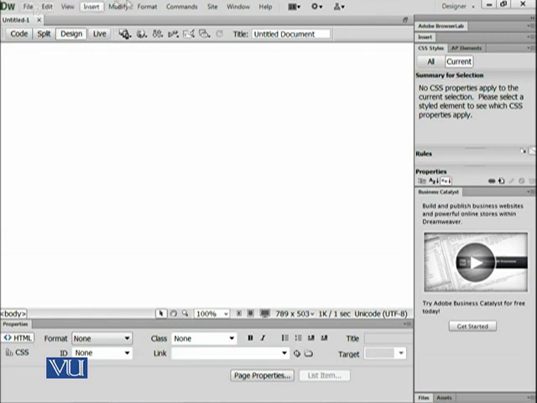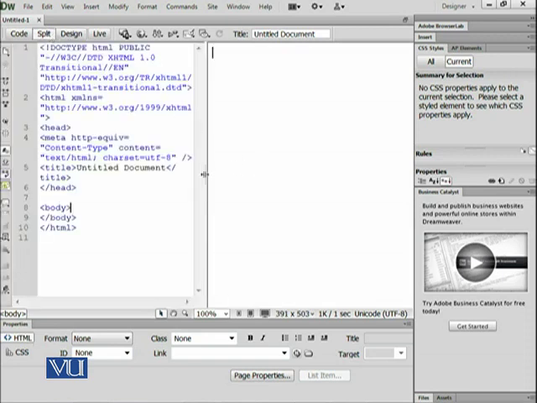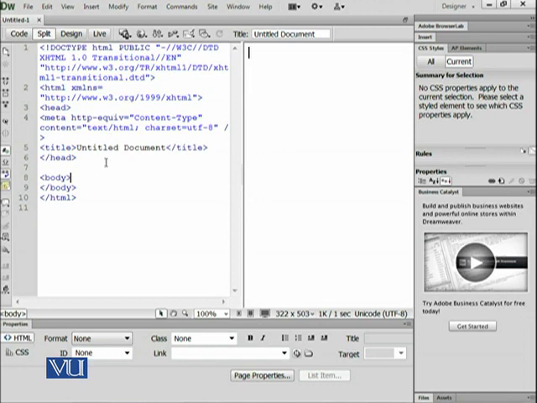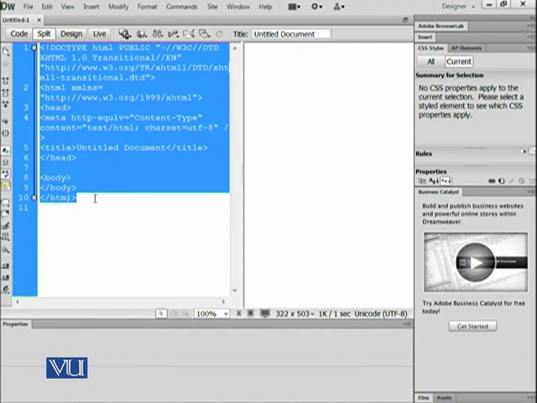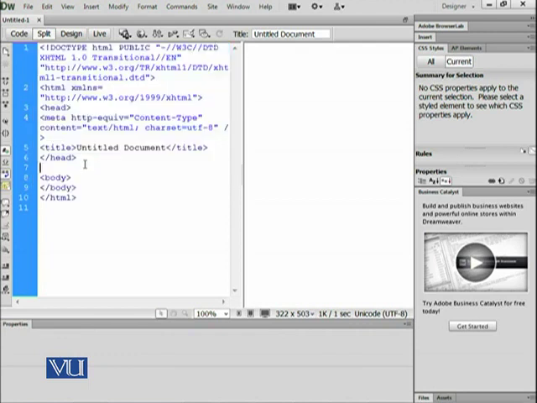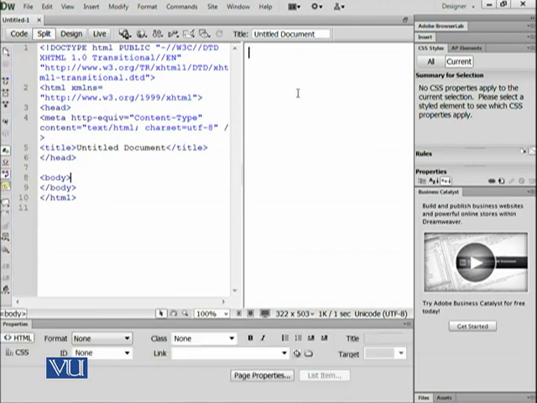these are the toolbars. Here is the properties window at the bottom. Then here are different panes available, and here is a window where we want to design. For example, if we split it a little bit to see what is being developed in the code, you can see that this is the code which has already been written by Dreamweaver, and we are not going to write all of this code. We are just going to write over here.